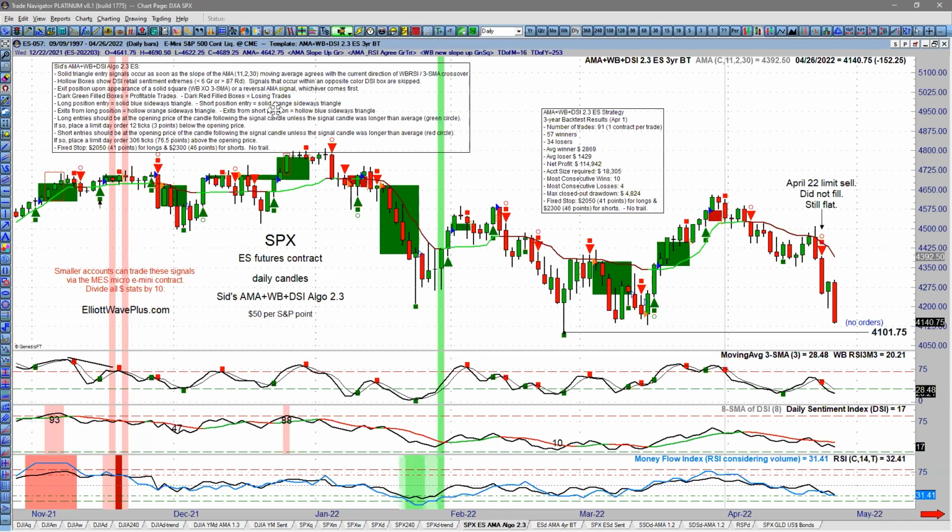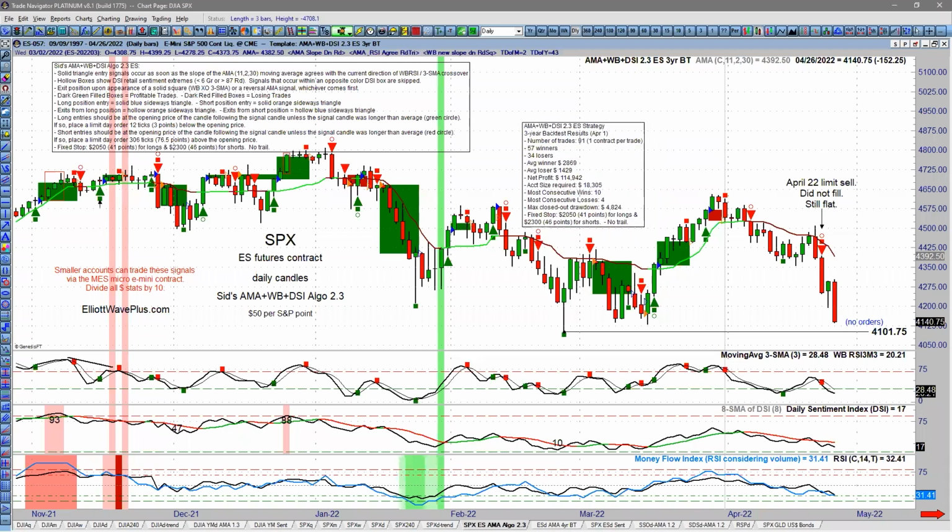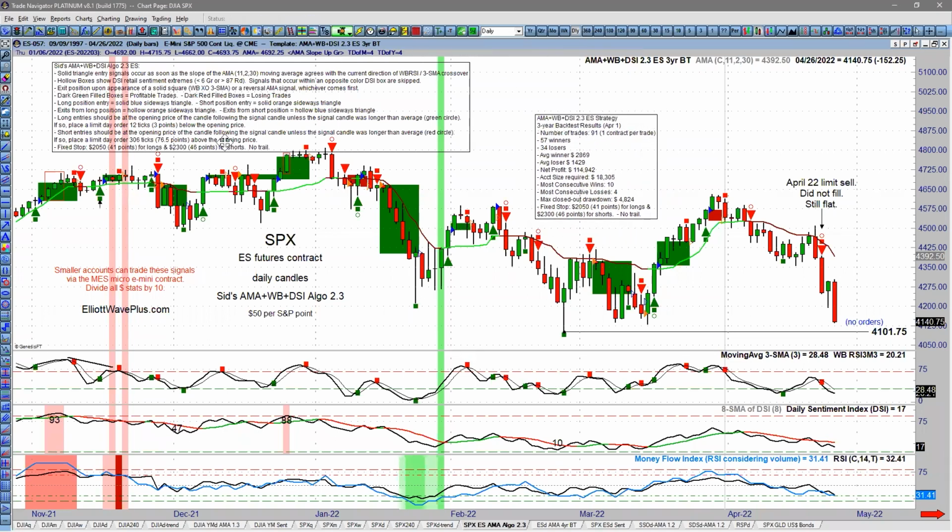So it is a way to filter out signals, and it uses the very, very extreme bullishness or bearishness from retail traders as a filter. And the idea there is if retail traders get down into single digits, like below 10, taking a new sell signal typically doesn't work out very well based on the 3-year backtest. Okay, so that's one way that our automated trade signals do consider